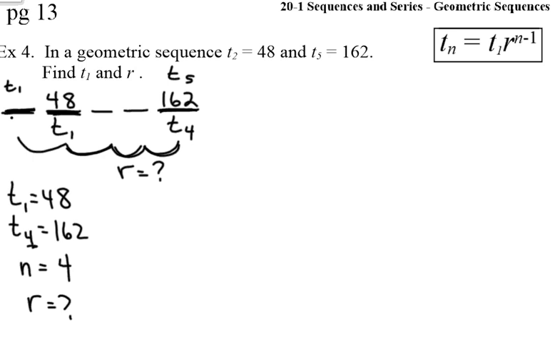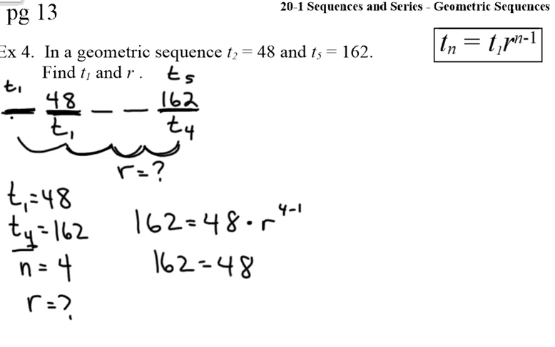So T of n, or in this case our fourth term, is 162, and that's equal to term 1 times R to the n minus 1, which we do know is 4 minus 1. So this is saying 162 equals 48 R cubed. Well, I need to get the R by itself. I'm going to divide by 48 to start. And 162 divided by 48 leaves me with